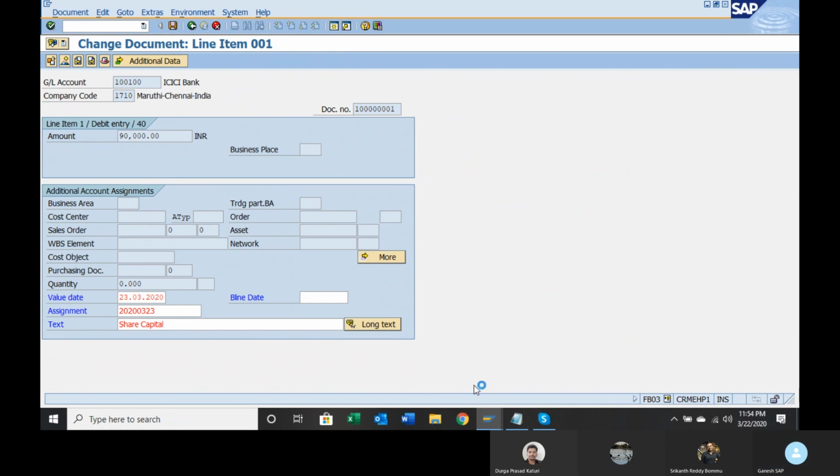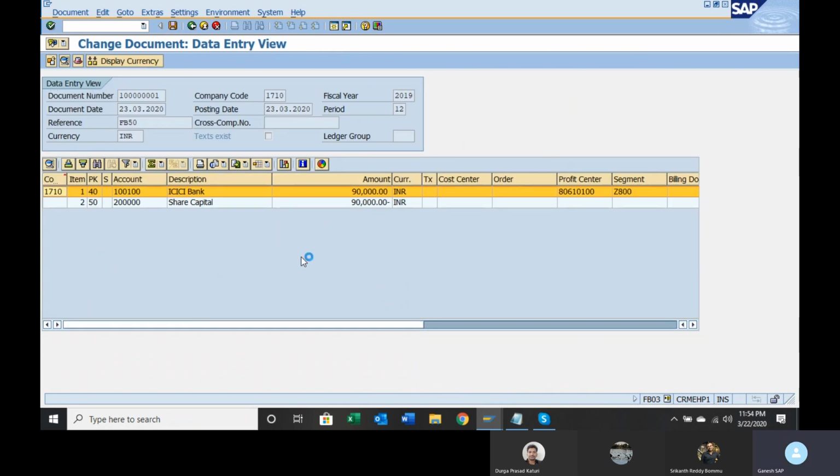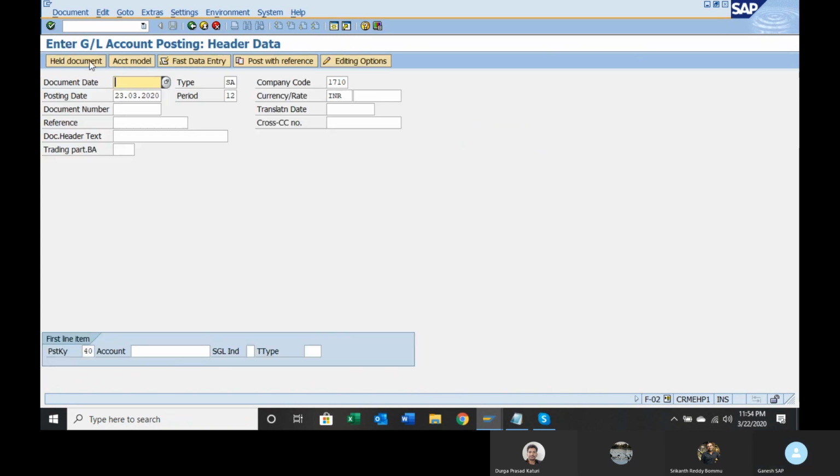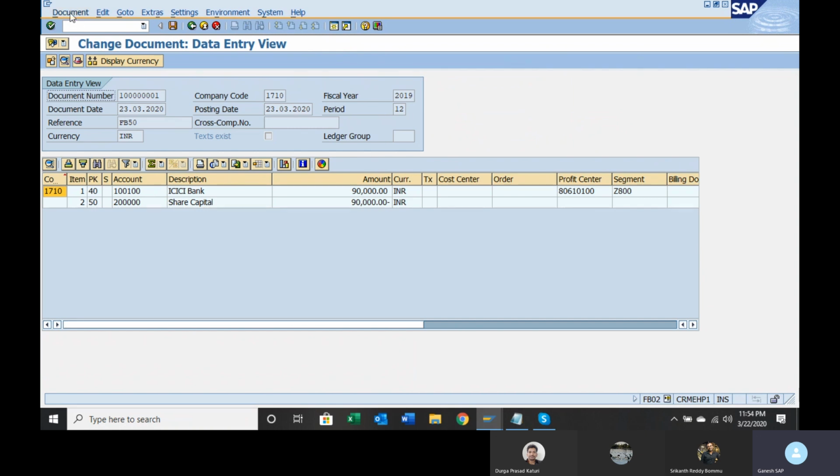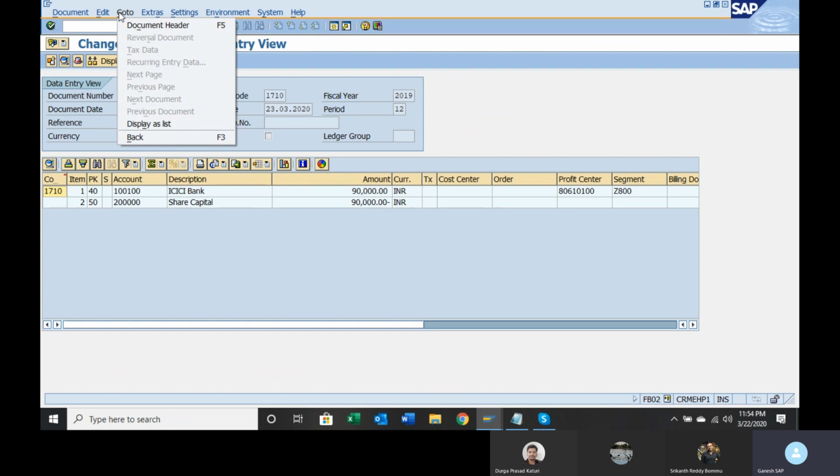Clear? You can delete the document, but if you delete the document, that number will be missing from your entire document list. Let's see how to delete that.